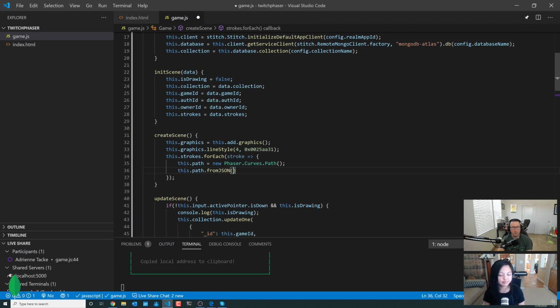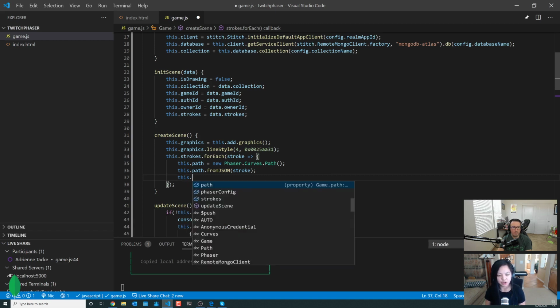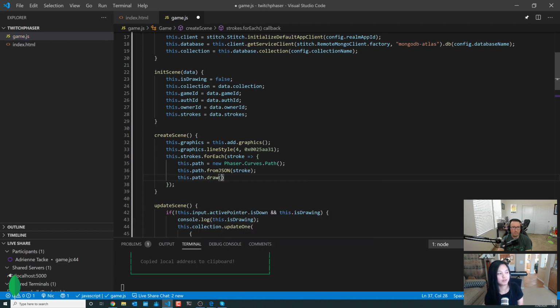And just like there was a toJSON, we also have a fromJSON, and we have a stroke object, and it should load directly as is. We just need to draw it, right? Yeah, right. Okay. Sweet. I think this should work.